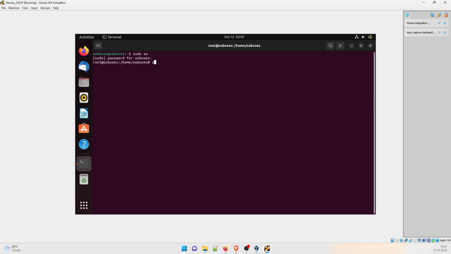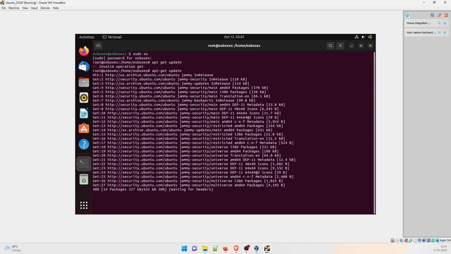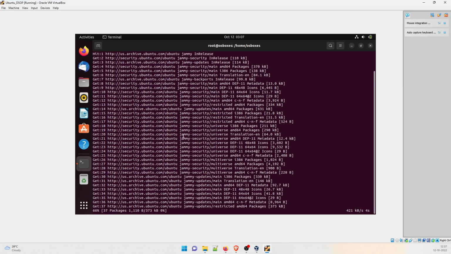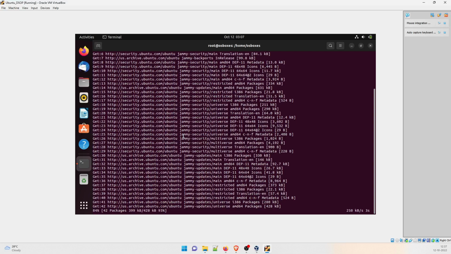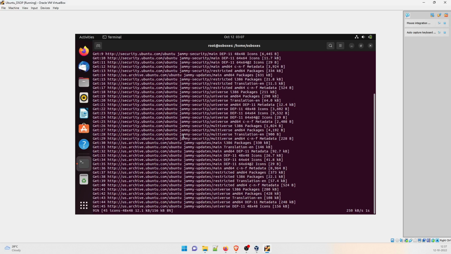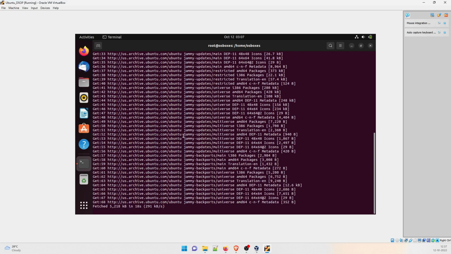Okay, so I think the command to get updates is apt get install, I guess update. Invalid operation, I think, because I've worked a lot on CentOS and then not sure. Okay, this is the perfect command, apt-get update. Okay, so it's going to download a lot of stuff because I'm not sure when they uploaded this video image to osboxes.org, they might have not done the update, because after that there could be a lot of updates that has come,